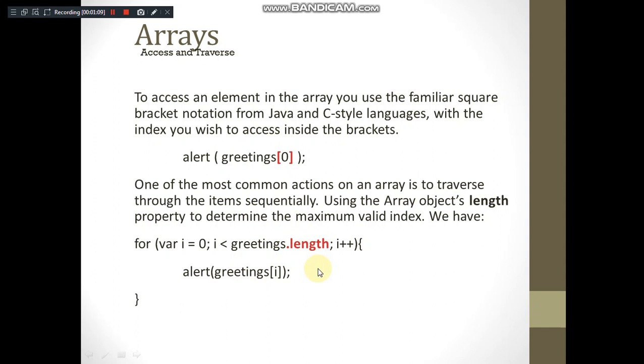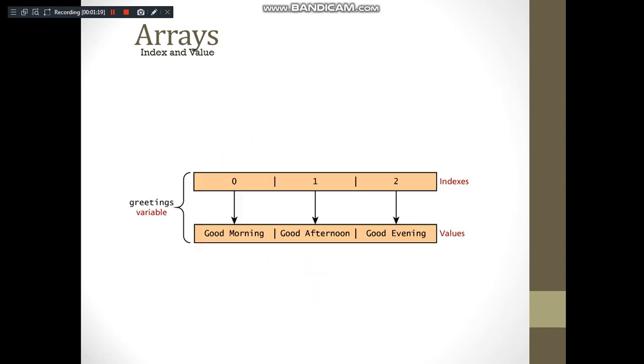What this part of the code snippet does is display all the array elements inside the greetings array onto the screen, in the alert dialog box. The greetings variable has the indexes by default starting from 0 to 2, and these are the message values stored inside them.